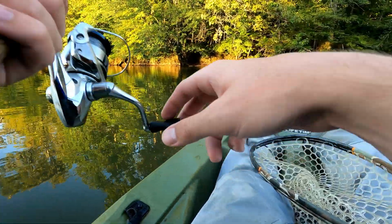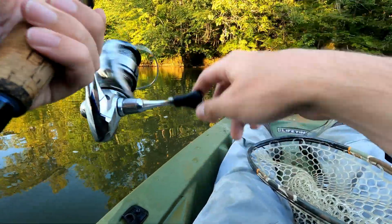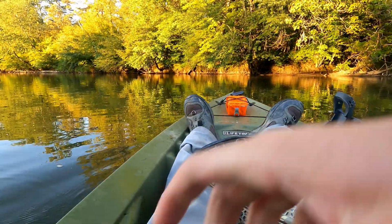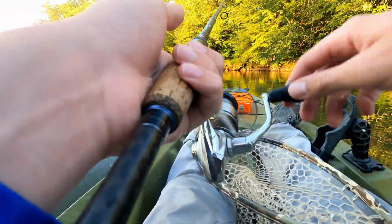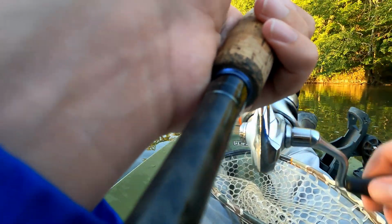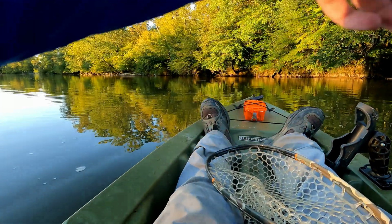And yeah, hopefully we can have some pretty good luck on down at this other spot. It's gonna be hard to actually move because they are just biting it like crazy. So hopefully we can get on some more, but I have a pretty good feeling about it. I kind of want to try those Megabass Dart Sleepers, but also at the same time I really don't want to put this down. Well guys, I had a few bites, nothing too crazy unfortunately, but Ned Rig killed it